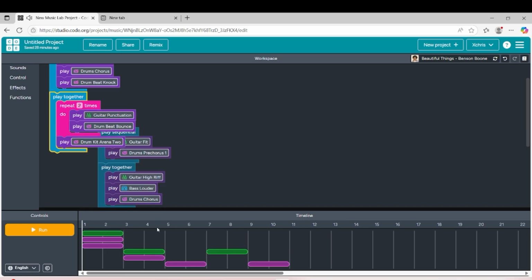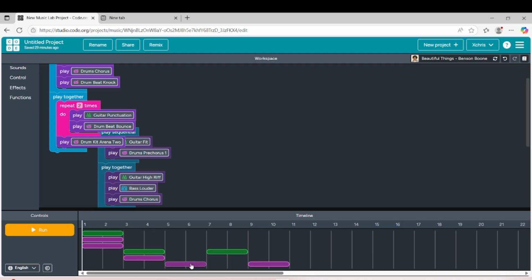Now, as you can see, it plays this part, this part, this part, and this part. The last instrument that we added only plays together with the first instrument that we put inside the repeat function.